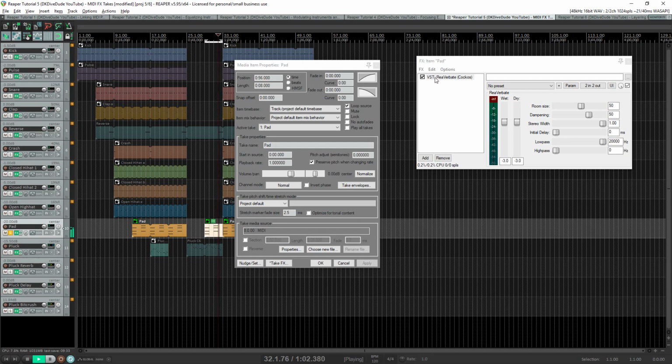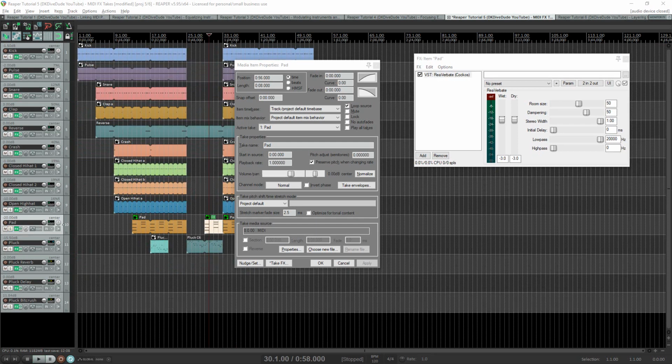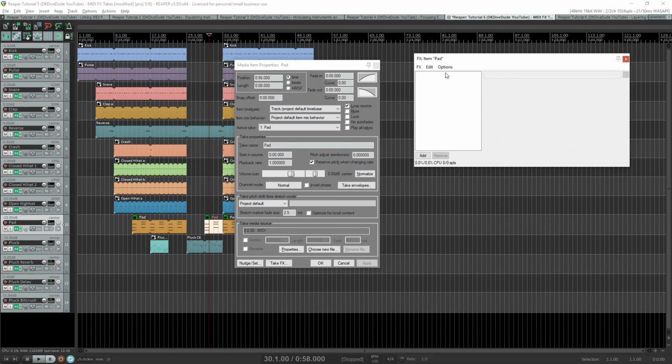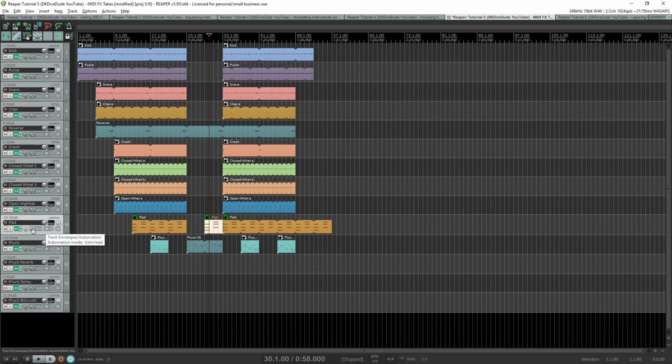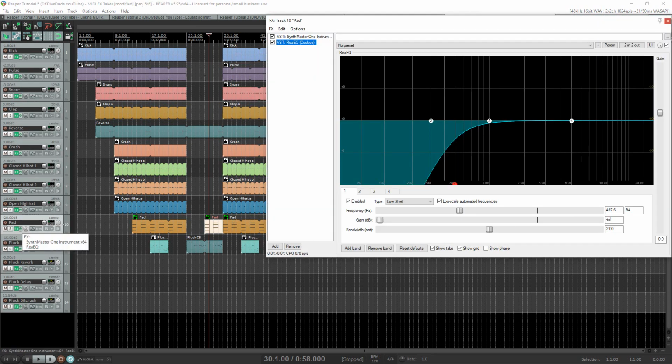But as you can see here, nothing's coming in and we can't hear any change when we turn off the effect. That's because this will not work on MIDI instruments. It will only work on waveforms. In this case, the limitation is fairly simple to overcome, as I could just cut this reverb, put it on the main track,